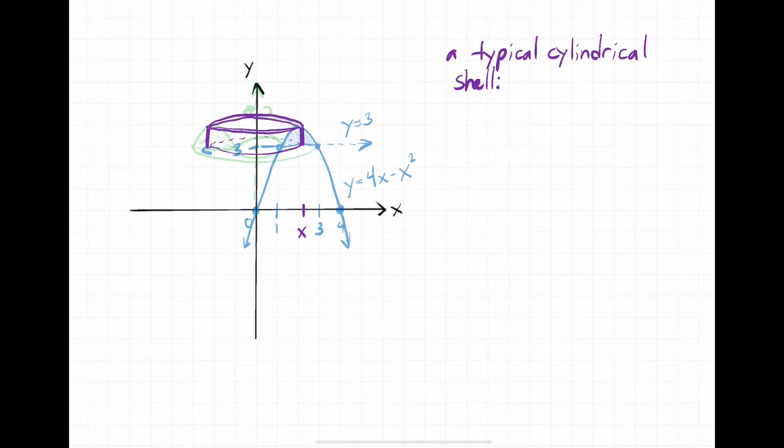If you look at other rectangles that make this up, rectangles that are to the left of this one will make cylindrical shells that are smaller, that fit inside this cylindrical shell. Rectangles to the right of this one will make wider cylindrical shells that fit outside this. So you'll have a series of concentric cylinders, sort of like a roll of paper towels. In fact, we could take one of those cylindrical shells